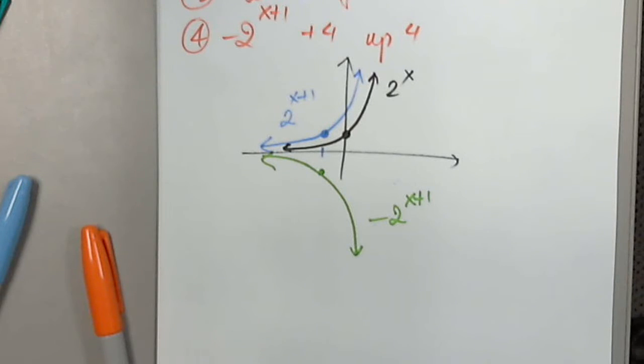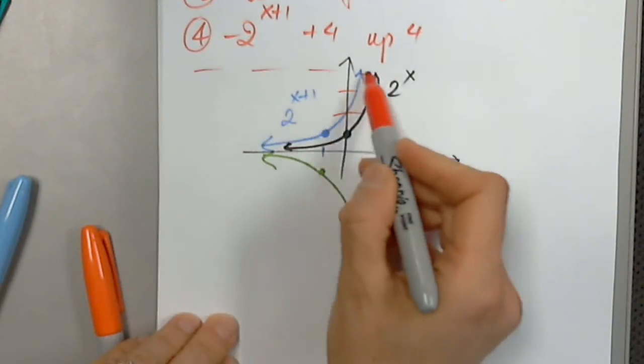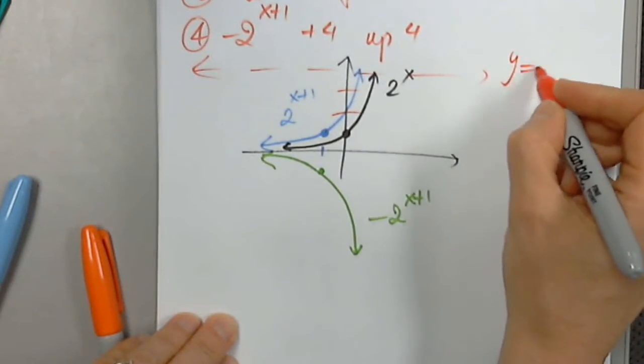So the original horizontal asymptote is y equals 0. If I move this graph, the horizontal asymptote has to follow the graph because I moved the whole thing. The horizontal asymptote doesn't change. It's still there, in other words. But if I move the graph up 4, I have to move the horizontal asymptote as well up 4. So this is 1, 2, 3, and this is 4. This is y equals 4